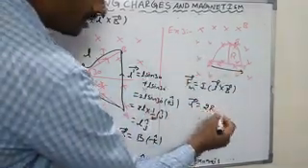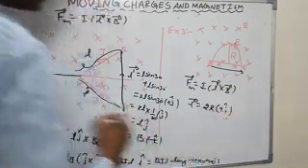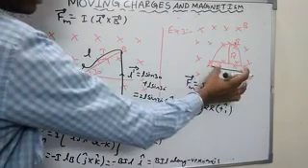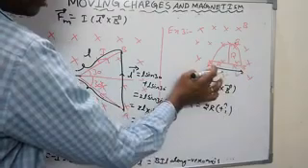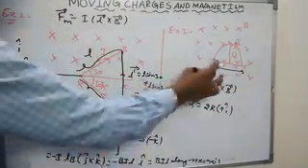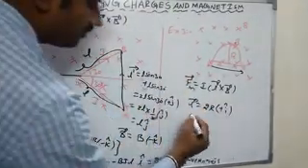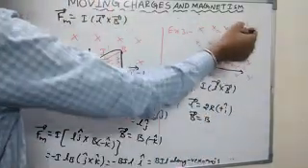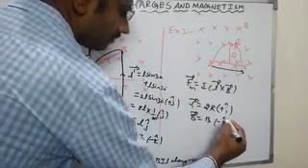So the magnitude is 2R, along which axis? Positive x-axis, plus i cap. The direction of the length is plus i cap, and from A to B it is 2R. L bar is a vector quantity, that's why we calculate it like displacement. L bar is equal to 2R i cap. Magnetic field along which axis? B bar is B, perpendicular to the board, meaning negative z-axis, minus k cap.